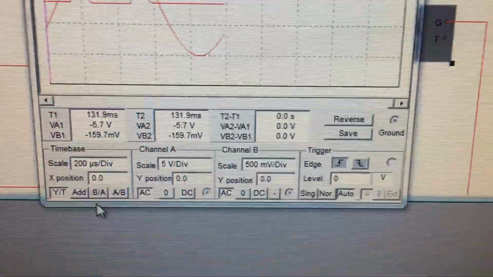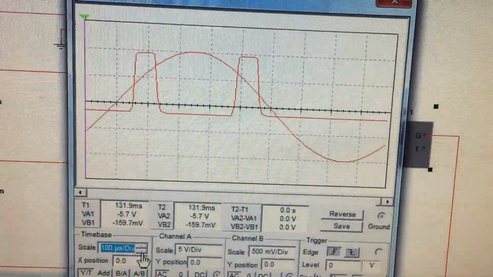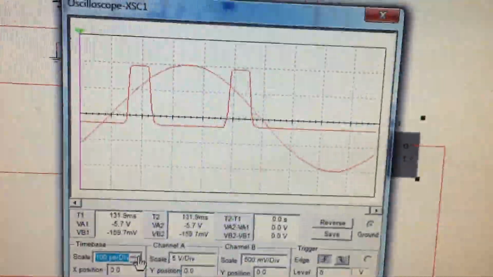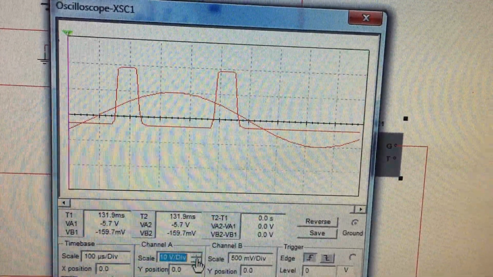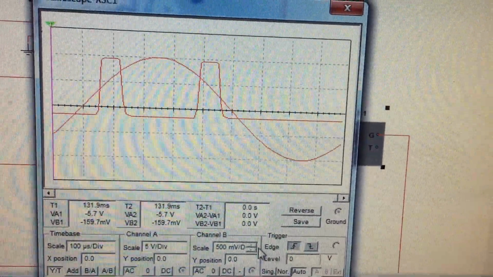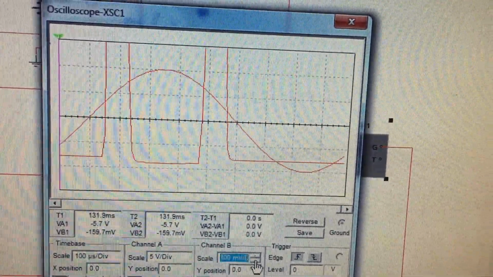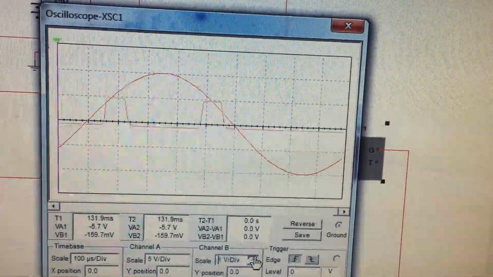Observe this. This value you can change as per your current requirement. This is expandable. We keep it at 100 microseconds. It looks good. This you keep at 5 volts, not an issue. You can increase this, 5, 10, up to you. See to it that this is also visible for you. You can keep on changing these values.